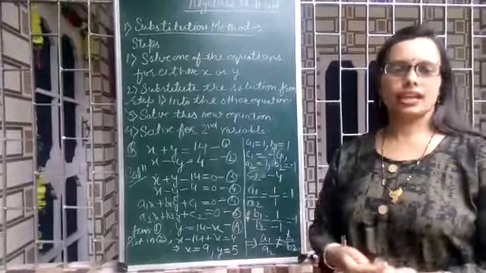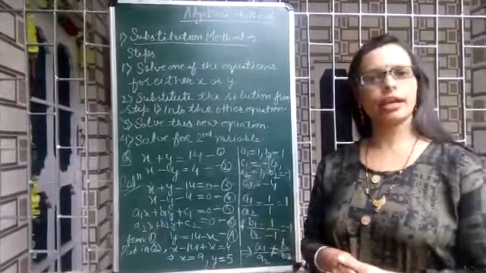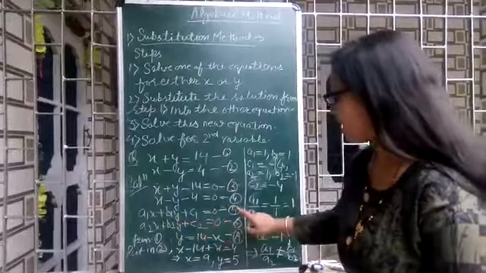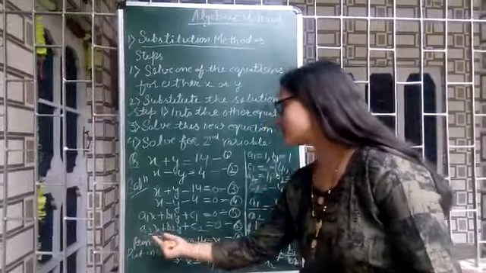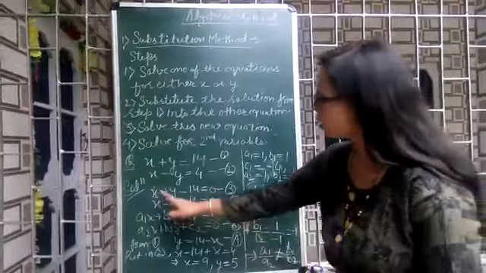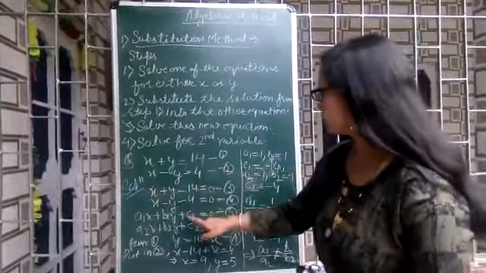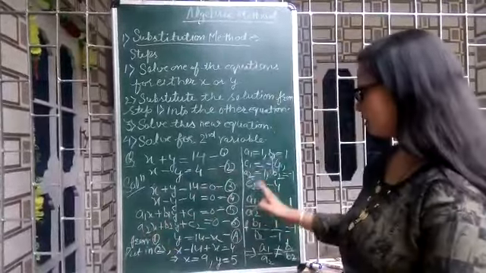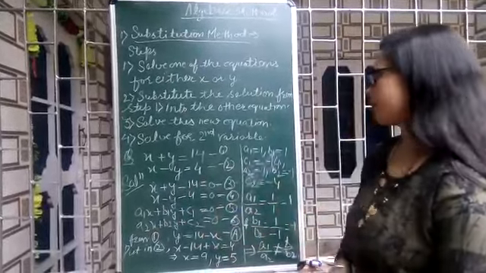Let's check the condition for the equations, that means how many solutions the equations have. Compare 3 and 4 with the general equations 5 and 6. The general equations are a1x plus b1y plus c1 equal to 0 and a2x plus b2y plus c2 equal to 0. After comparing, we get a1 equal to 1, b1 equal to 1, c1 equal to minus 14 and a2 equal to 1, b2 equal to minus 1 and c2 equal to minus 4.